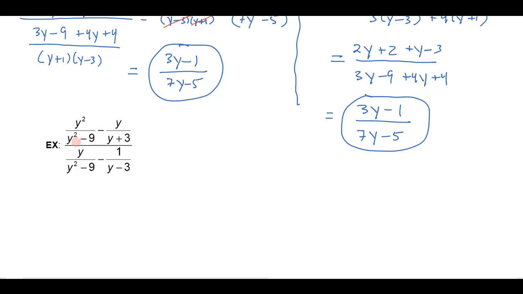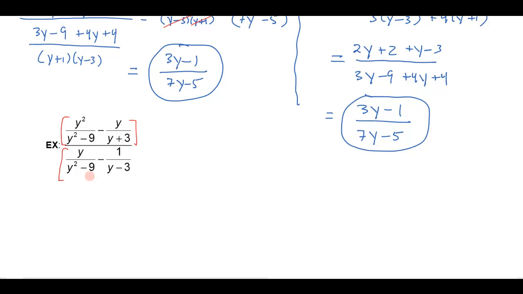Here I've got y squared over y squared minus 9. And you notice that y squared minus 9 is a difference of squares. You should recognize that that's going to be y plus 3, y minus 3. And I've got a y plus 3 here. And so if I look at this